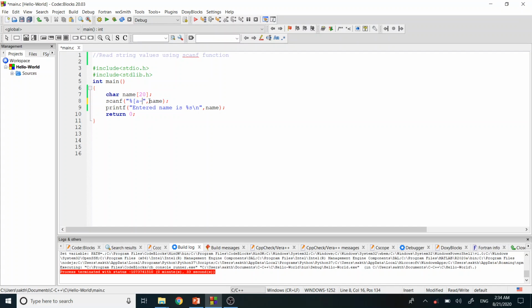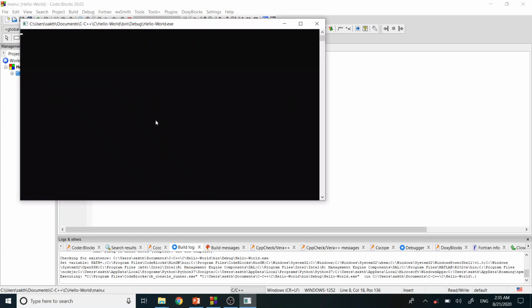And the other thing is, if I use cap slash n, what this represents is that whenever a new line is encountered, it will read all the characters in the string, but when you press enter, it will read a null character, then it will stop reading the further string value. So I'll run the program here. I type Shakti space Arun space S, INIT Patna M Tech. If I press enter, it will print all the values I typed.